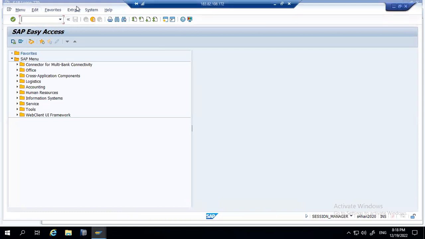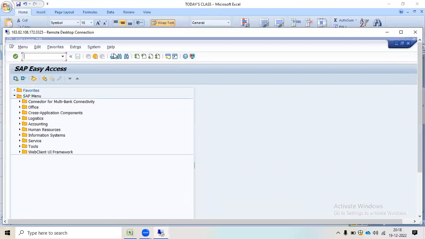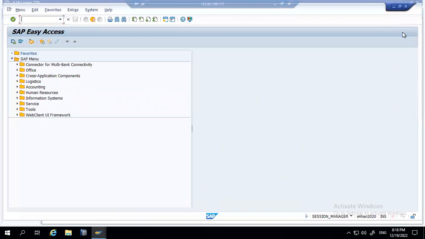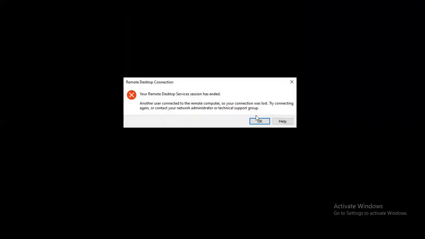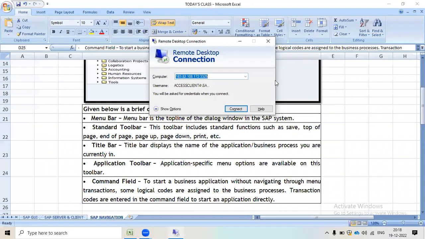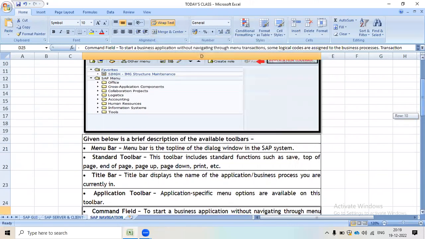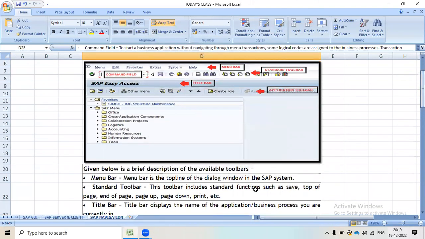So when you open and access SAP, this screen will appear in front of you.